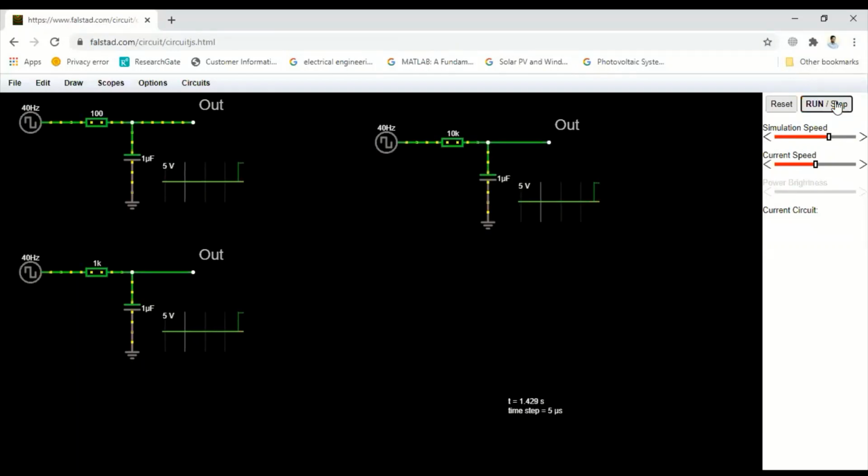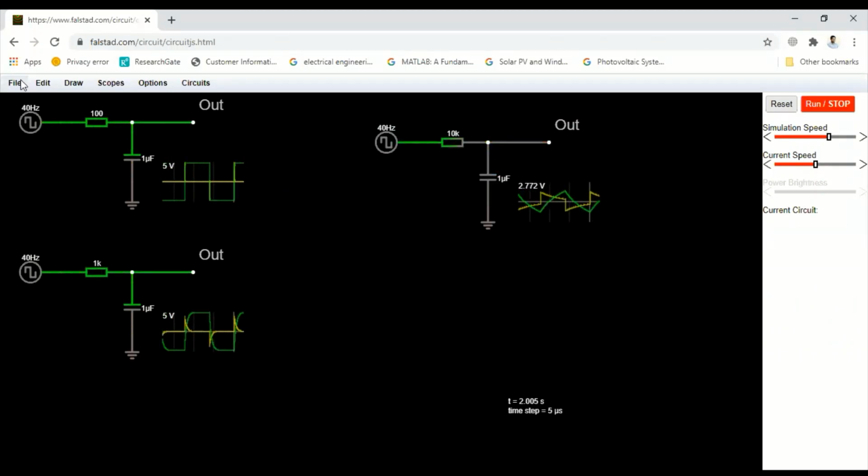Run the circuitry. You can observe that when the value of resistor is 1 kilo ohm, pulse shaping has been done, and a little bit of shifting in the pulse is observed. When the value is 10k, you can see a purely sawtooth waveform. The yellow color is for current and the green color is for voltage.